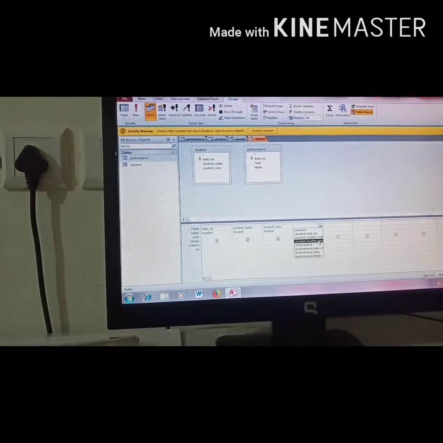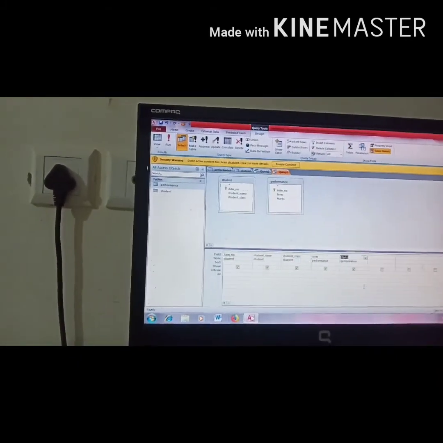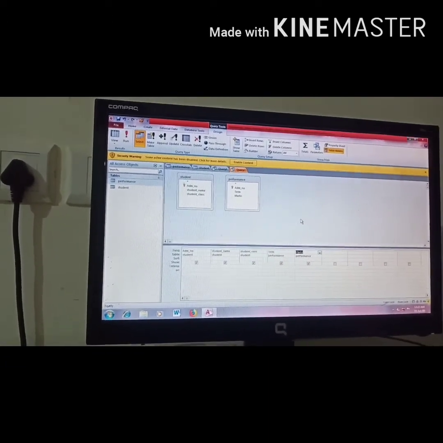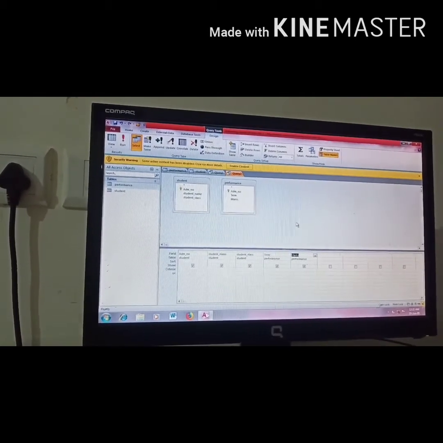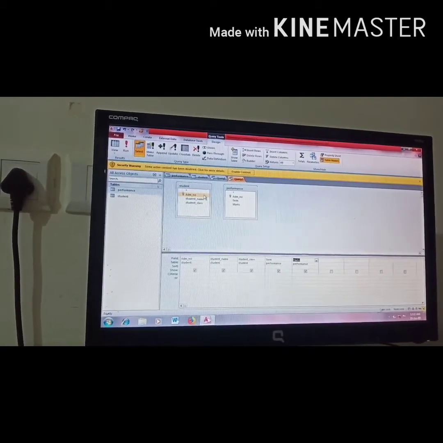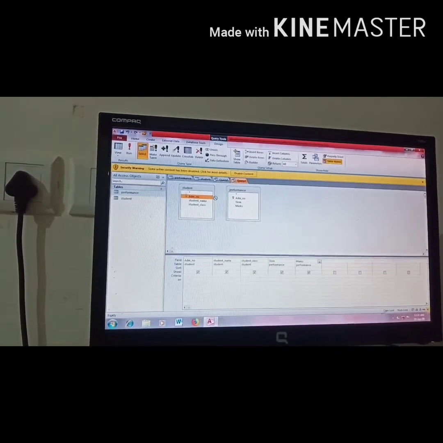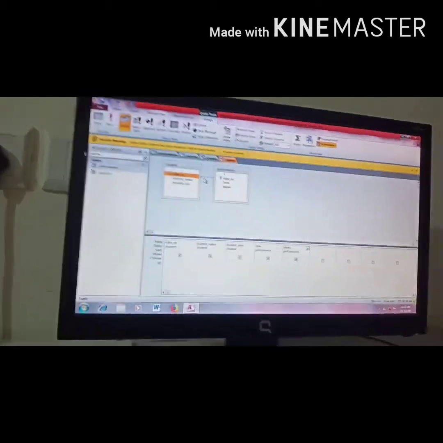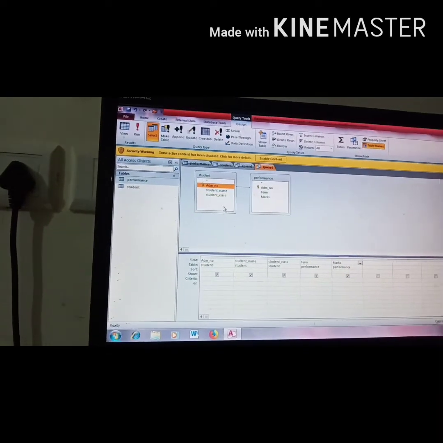From the performance table, I am taking term and marks. Now I am setting a query in which I have to display the students of class 8th. Okay, so first of all we have to relate these two tables. For relating, we have to drag here this bar. Can you see this bar? This bar shows the relationship has been created between these two tables.